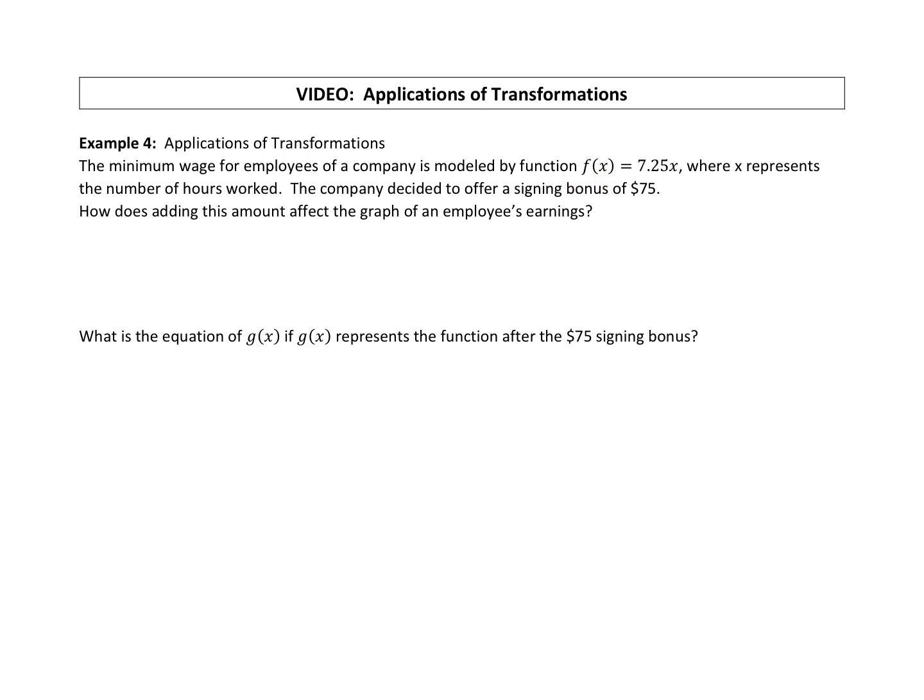All right, so that's our function. The company decided to offer a signing bonus of $75. How does adding this amount affect the graph of an employee's earnings? So if we just think about a sketch of this graph,